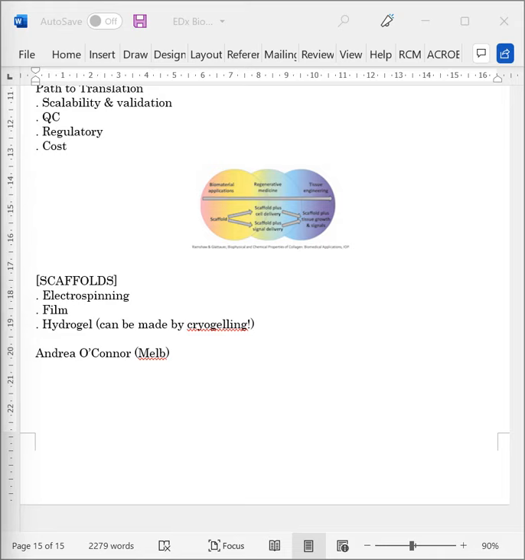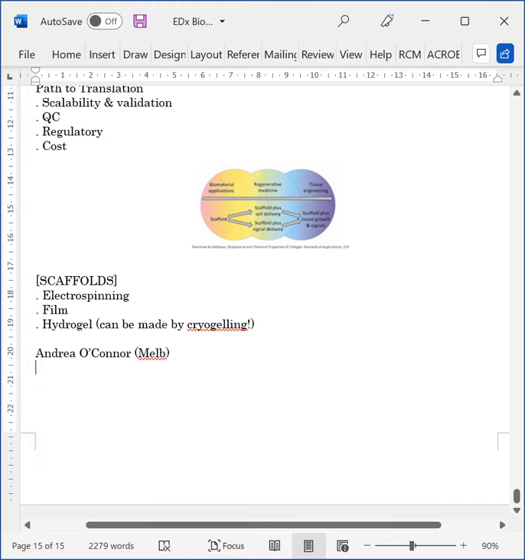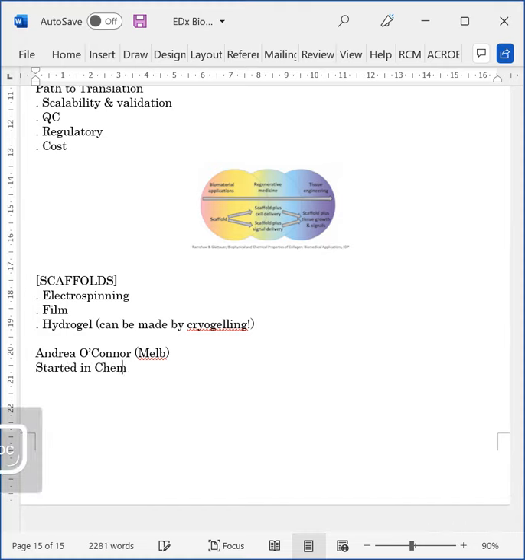So students sometimes ask me how I got into this field. I started with a chemical engineering degree. I have a PhD in chemical engineering, and I've been interested for a long time in how we design materials that will interact with biological molecules, cells and tissues in the ways that we want. And that has led us on to working in tissue